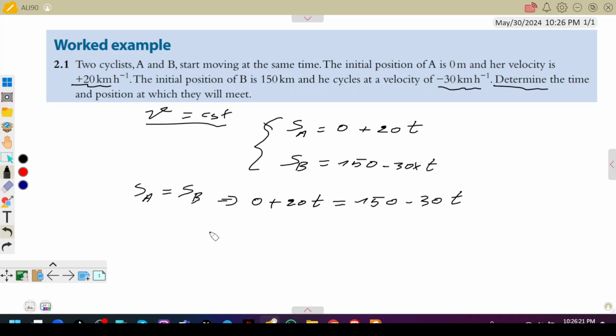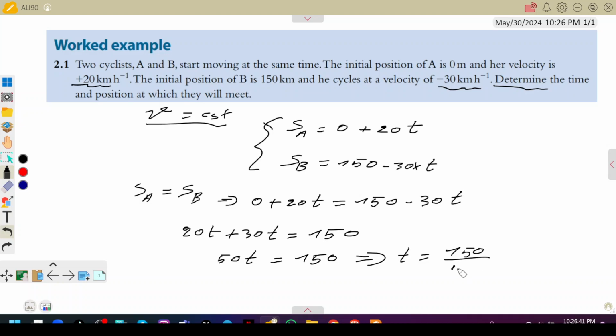That implies 20t plus 30t would be equal to 150, which means 50t equals 150. Now t would be equal to 150 divided by 50,